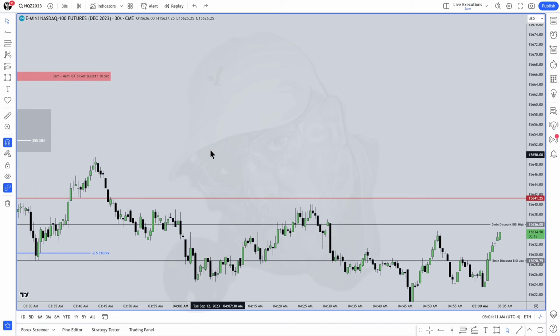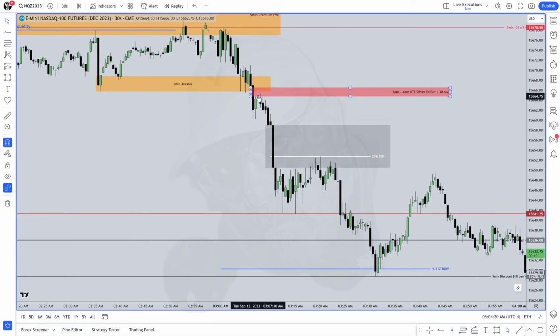But ICT, I don't have the access to 30-second charts. Get it, because you're going to miss some of the silver bullets if you don't. Okay, because all I'm looking for is that small little separation where there's an actual inefficiency. And I'm going to tell you exactly what's going on right now. At that moment,